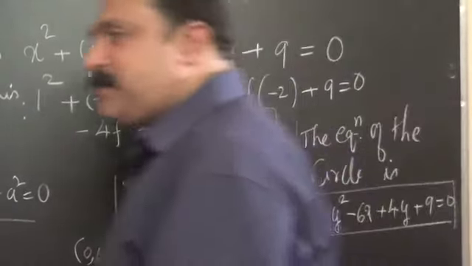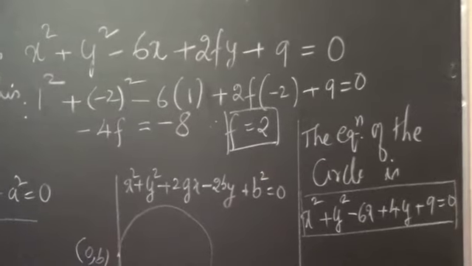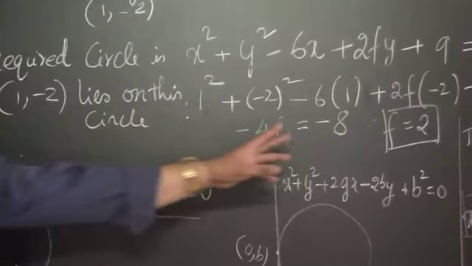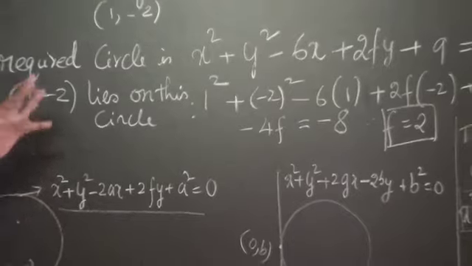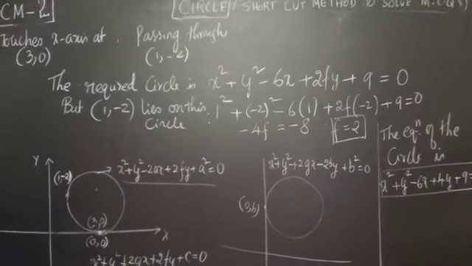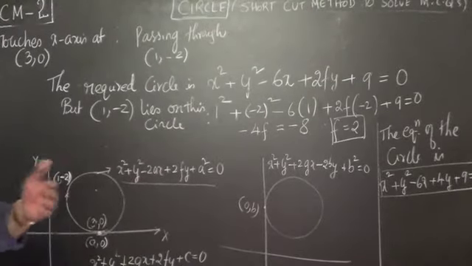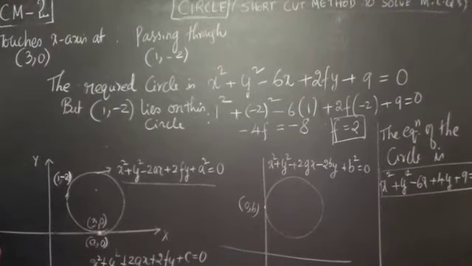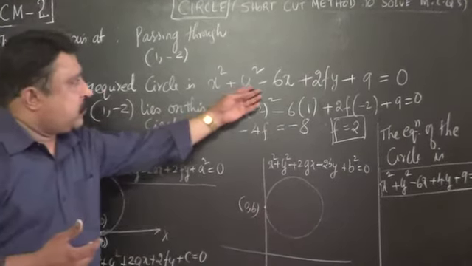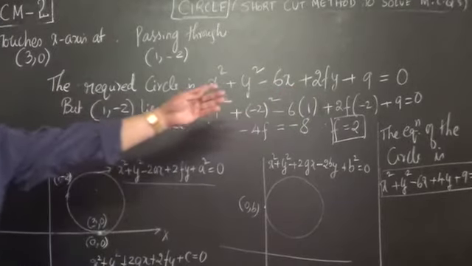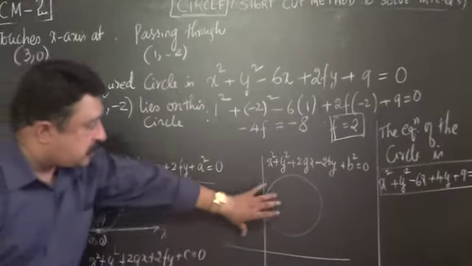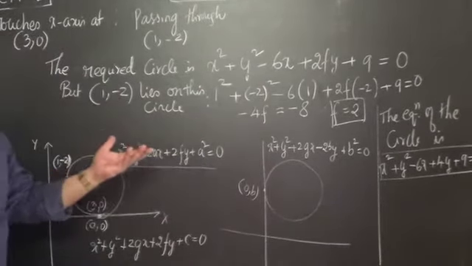By using this shortcut method, we will be able to give this answer within 15 to 20 seconds, whereas the conventional method will take at least 2 to 2.5 minutes. So you can save around 1.5 minutes or even sometimes 2 minutes, depending on whether you have some fractions here or not. Similarly, for the other circle also, the same technique can be made use of.